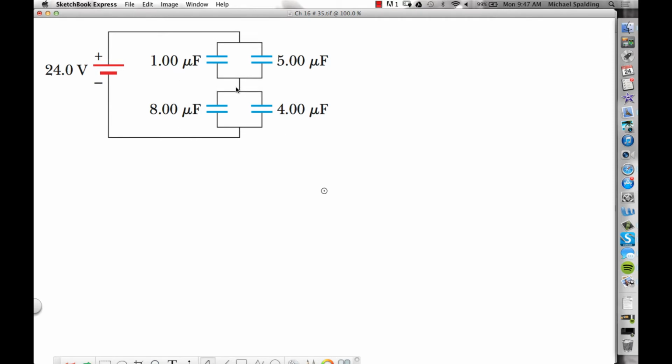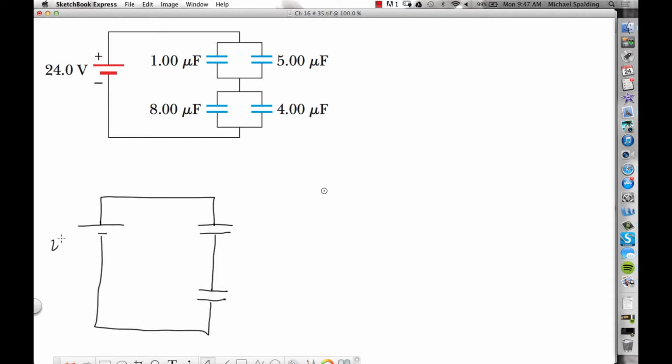So how do you simplify capacitors that are in parallel? You add them. So this simplified picture is going to look like this. So we got capacitor, capacitor, hooked up to a 24-volt battery. Okay, so a 1 and a 5 in parallel, that's going to be 6 microfarad. An 8 and a 4 is going to be 12 microfarad. All right, then we only have one more picture to do. So our final picture is going to be,